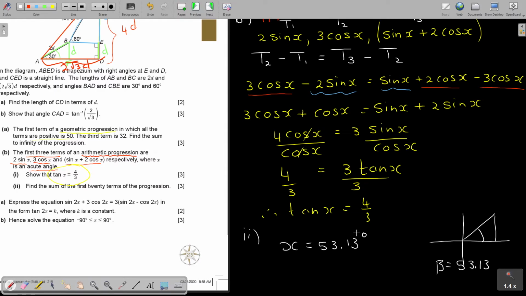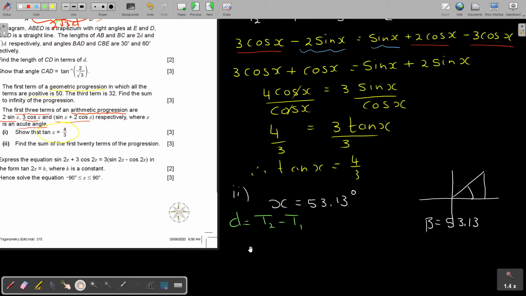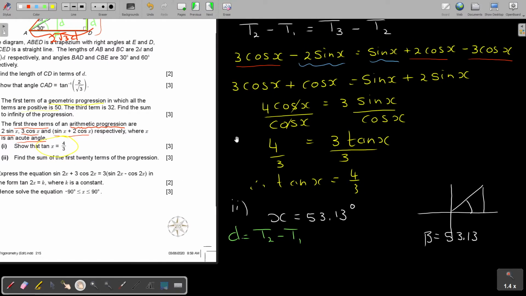And now I can start to work out. If I want d, how will I get d? Now, to get d, I can just say T2 minus T1 or T3 minus T2. So T2, let's just fill it in. What is T2? Let's go a little bit lower. T2, it's that statement. Do you see there? So it's going to be